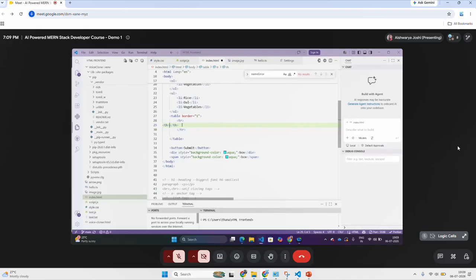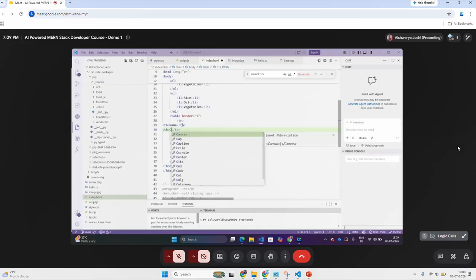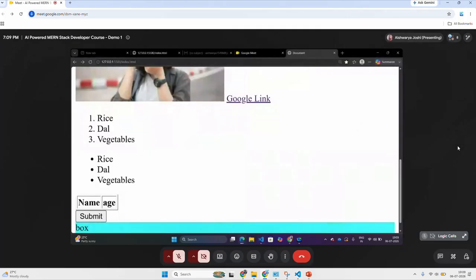TH is the table header. I just want two headers, and why we need TH is to give the names you want. I'll just give name and age. You can see here there are two headers, name and age.